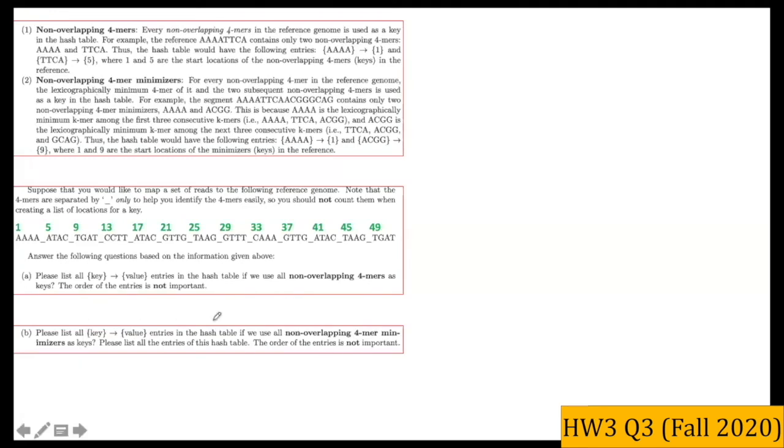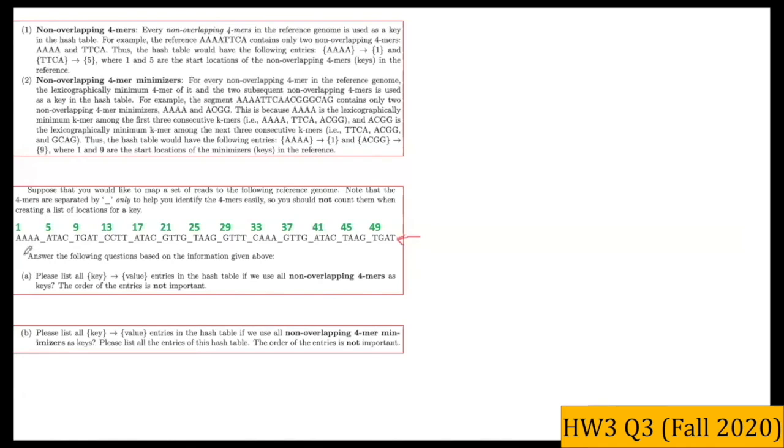We will use the same reference sequence here, and we already have the start locations indicated. Following the method we described, we need to extract every 3 k-mers that are non-overlapping, and then sort them and pick the lexicographically minimum k-mer